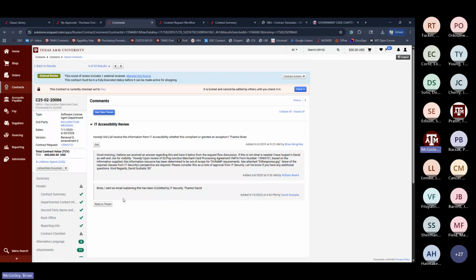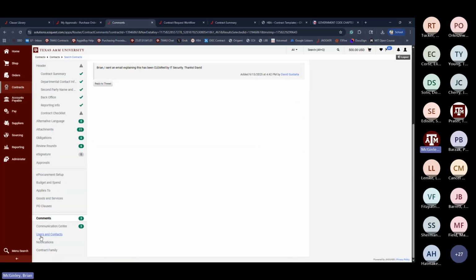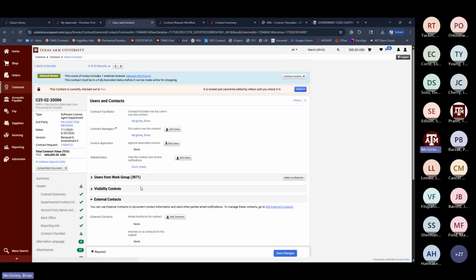To find out who your contract manager is, down here in users and contacts, this stakeholder is going to be the person from the department. Normally the one who submits it will be added here automatically. There is not a limit to how many people we can add at this spot. So if your department wants 2 or 3 people added there, just let them know in that contract request form, hey, please add Joe, Bob, Steve, and Mary as the stakeholders so we all get notified of things that are